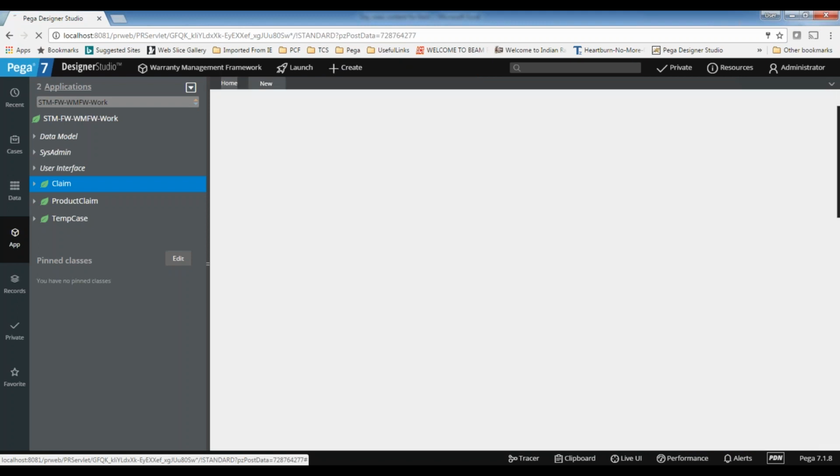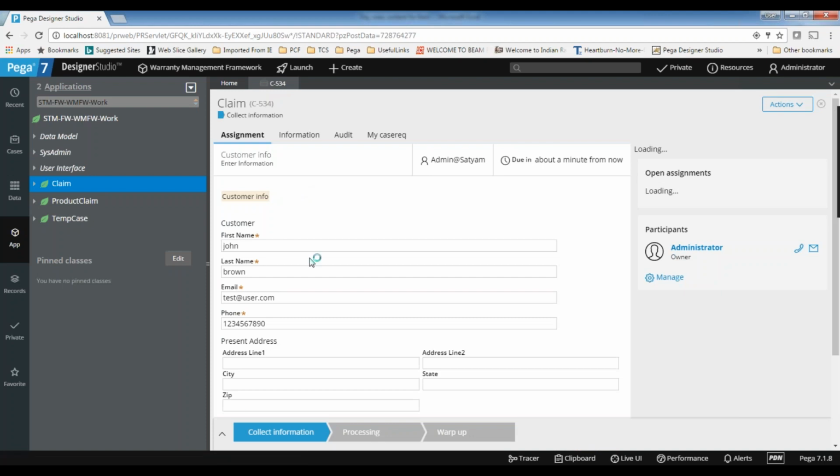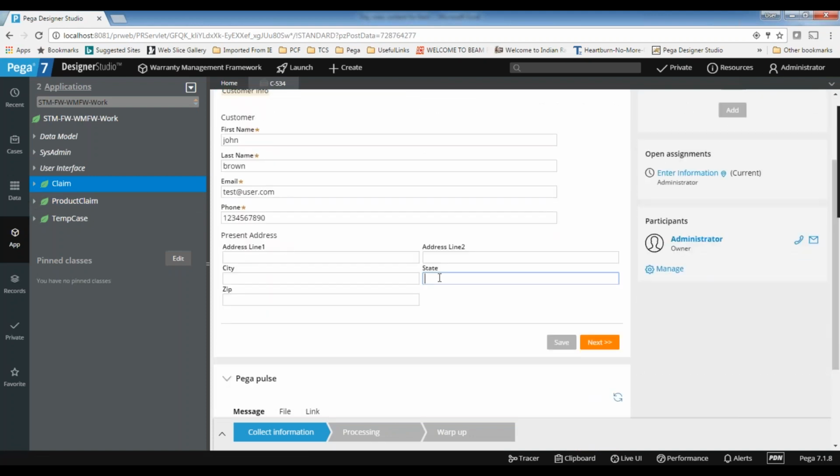You can give it on any property, but where business requires some kind of declarative constraints, we can keep that. So just for example, I'm keeping it for state. So the state should be TN. If it is not TN, I want to show another message. I want to show the violation message here.